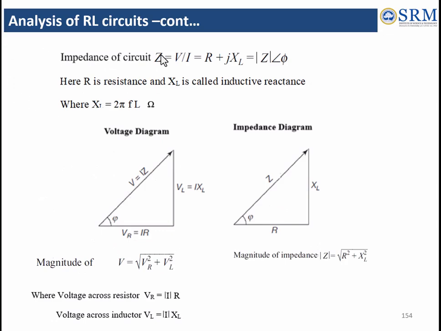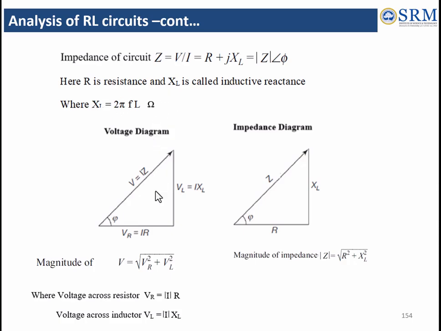The impedance of the circuit is the ratio of voltage and current, and that impedance can be written as resistance plus a positive reactance, R plus jXL, in rectangular form. In polar form, we represent it as the magnitude of the impedance and the angle. R is the resistance, XL is the inductive reactance, where XL can be computed from 2 pi fL,